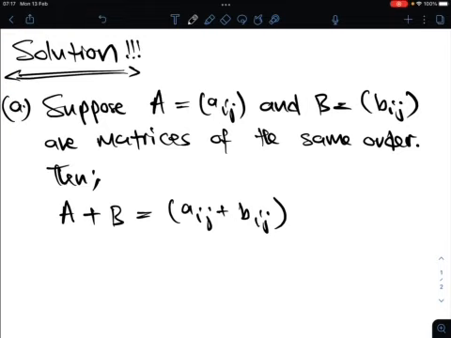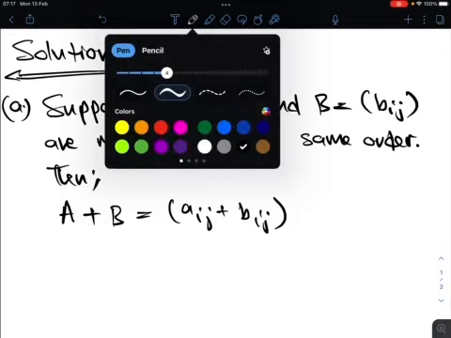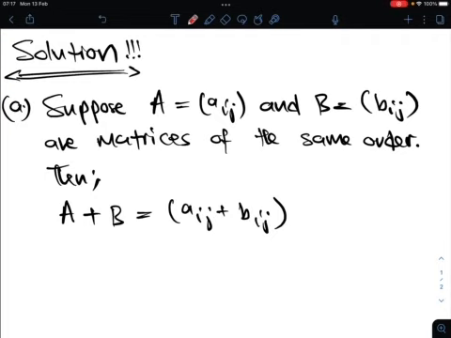But if you look at what is inside the bracket, remember Aij represents a particular entry in matrix A, and Bij represents another entry which corresponds to Aij in matrix B. But one thing that you should know, entries